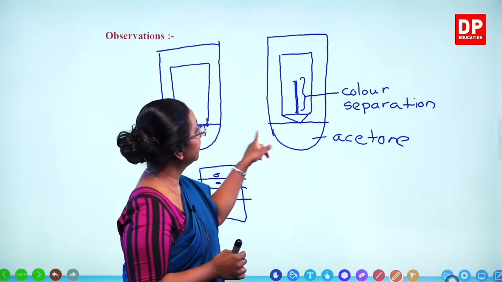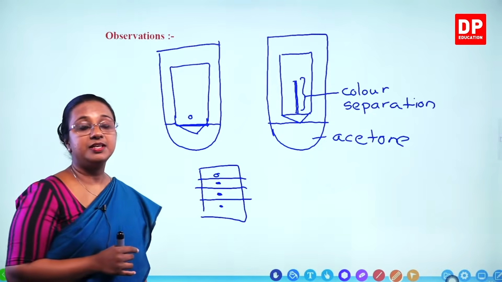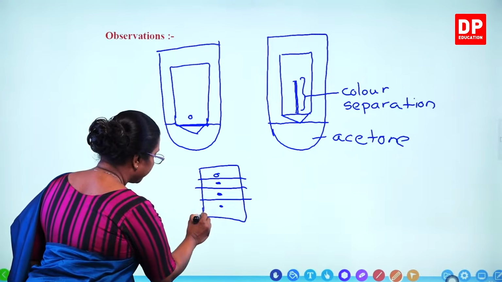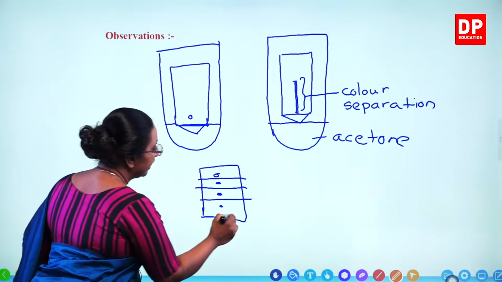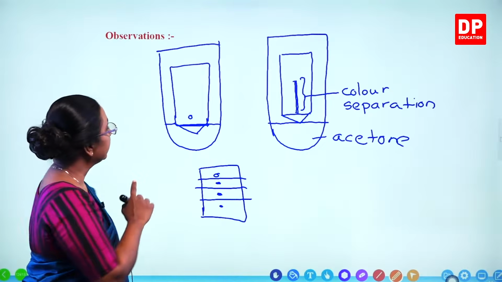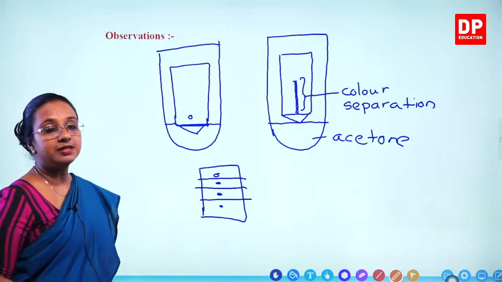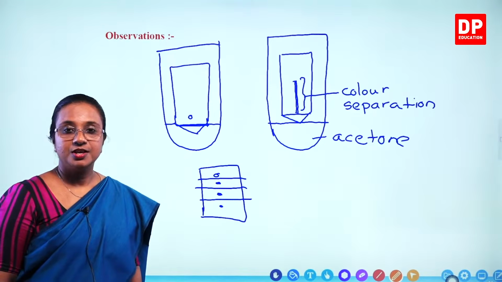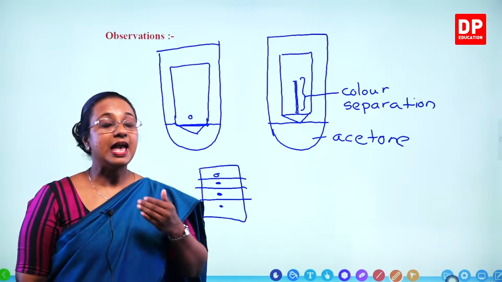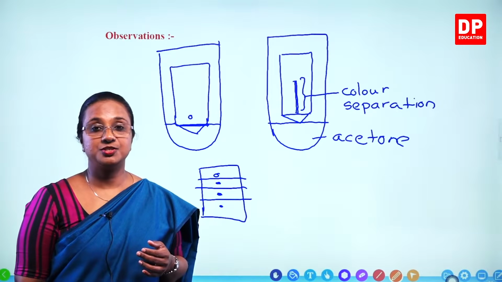So, this is a chromatography technique, and the result of it is called the chromatogram. So, this is the paper chromatography technique, the end result of the chromatography. And here this is the mobile phase and paper is the stationary phase. So I am sure you got the observations clearly and you have understood the technique of paper chromatography.